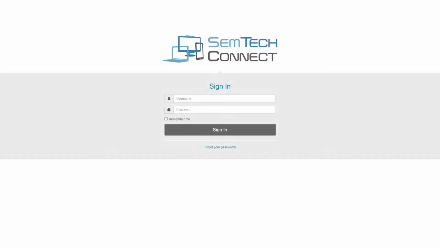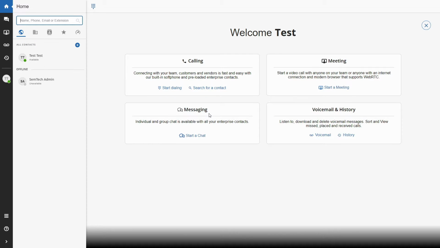You will just need to navigate to connect.semtechit.com and you will enter your username, which will be your email. You'll enter your password. If at any point you forget your password, you can either click this forgot your password or contact Semtech. They will be able to reset that password for you. Upon entering that, you can click the sign in button or you can click enter, and it will bring you